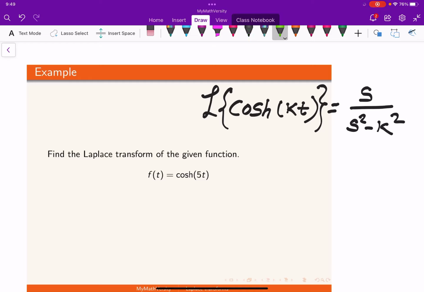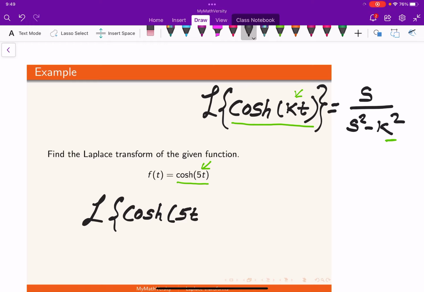And then if we compare with the given one, we have hyperbolic cosine of 5t, here is the hyperbolic cosine of k times t. So we can just see the value of k is actually 5, which we can plug in over here and then figure out the Laplace transform of the given function. Okay, so let's do that then. So the Laplace transform of the hyperbolic cosine of 5t is then s over s square minus